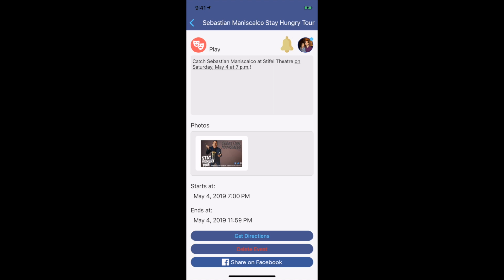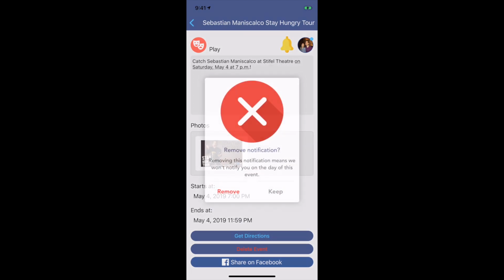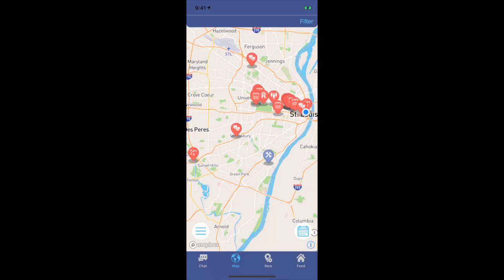And another thing is, with future events, I can actually set an alert so that it reminds me both 6 hours and 1 hour before the event occurs, just so that I never forget. And I can, of course, remove this alert as well. But this is just an example of how the app can be used not only for exact moments of time, but if I'm wanting to look further down the road, plan dates out, do other things like that, I can always go to any moment in time and see everything that's going on in the area around me.